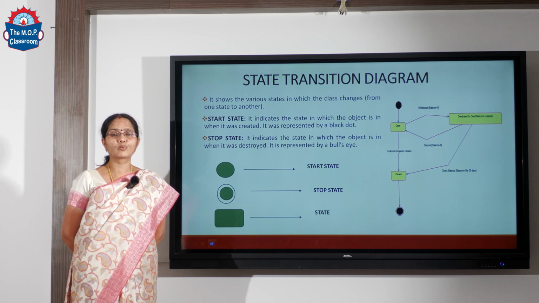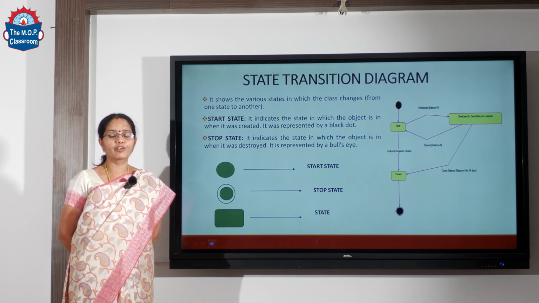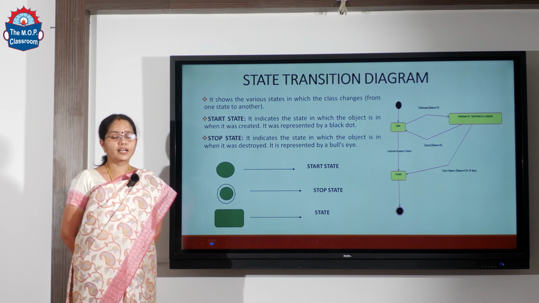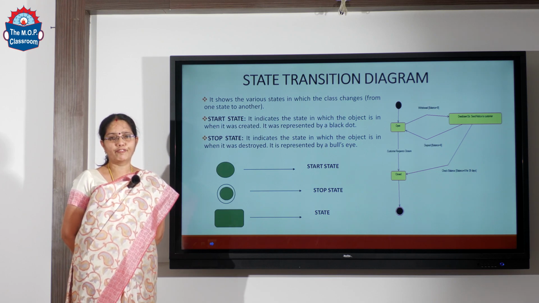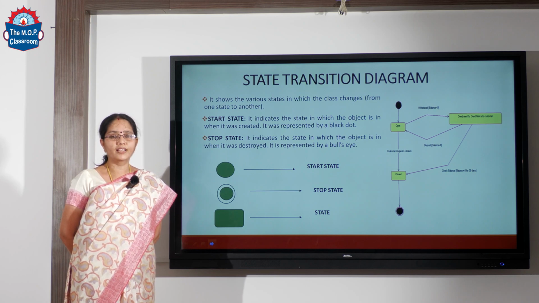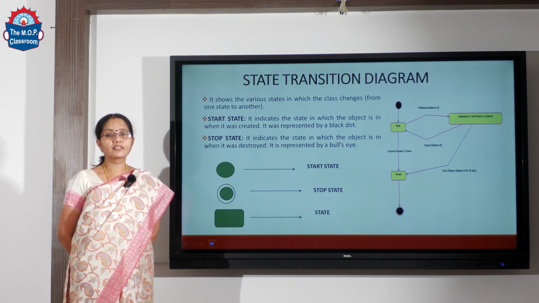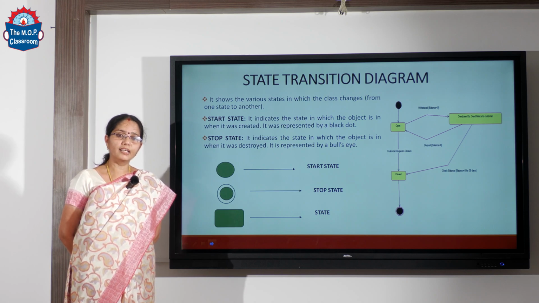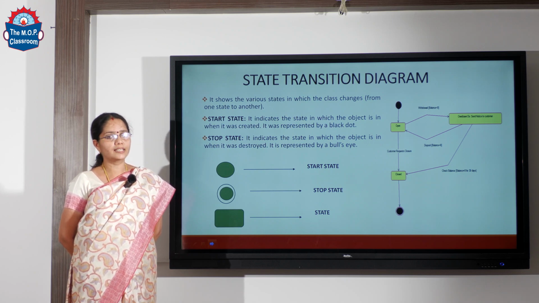So when a class has to move from one state to another state, it has to satisfy a condition, and we call that condition a guard condition. Now, while the account class is in the overdrawn state, the action can be performed, like we can intimate the customer to have sufficient balance to withdraw money, and hence the account class, after the customer deposits the money in his or her account,